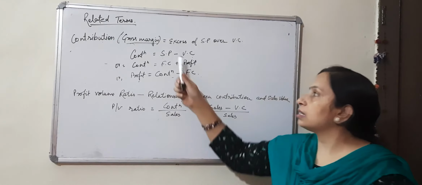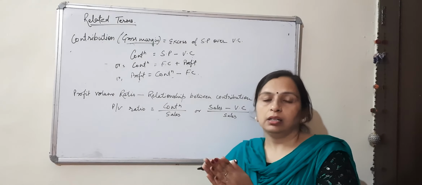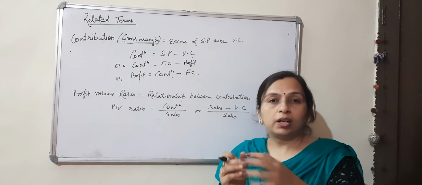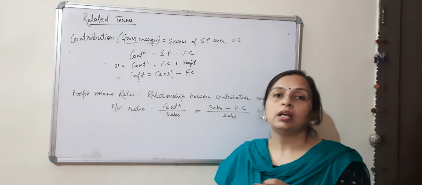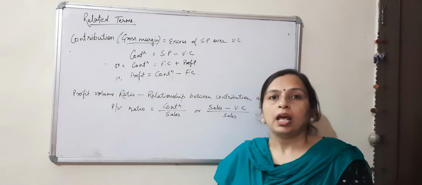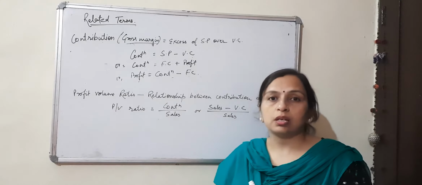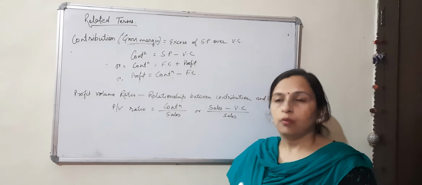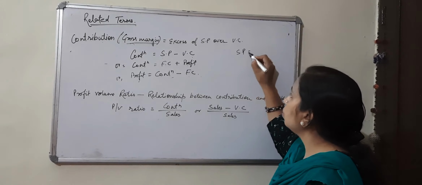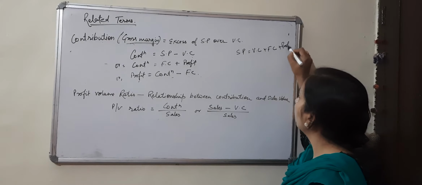Why? I'll tell you. Whatever price at which we are selling the product, if we deduct the variable cost from it, what is left in the selling price? A company always sells a particular product at a profit. Nobody will sell at a loss. Now the selling price of a particular commodity includes what? Variable cost, fixed cost and profit. Okay, isn't it? Selling price includes variable cost, fixed cost and profit margin. Profit margin is also there.